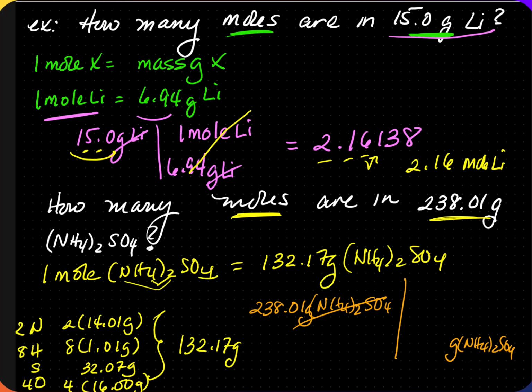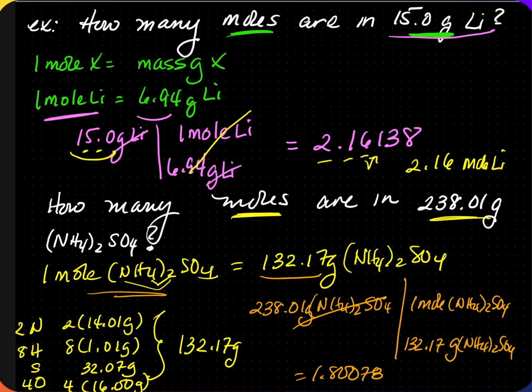We know the number in front of grams. We add it up to 132.17. What's left over is equal to 1 mole, so that goes on top. We're going to multiply 238 times 1 divided by 132.17, and this is going to equal